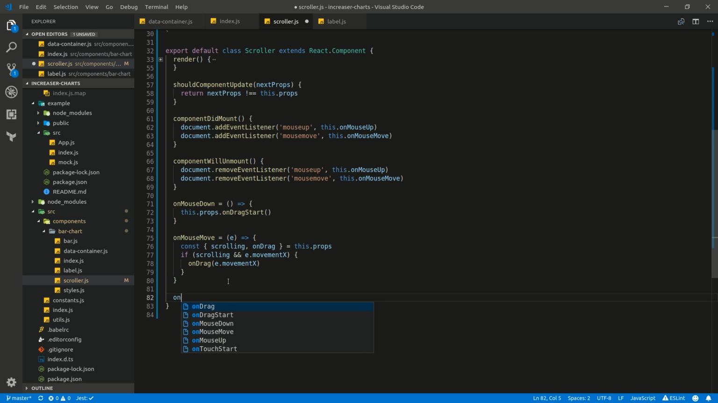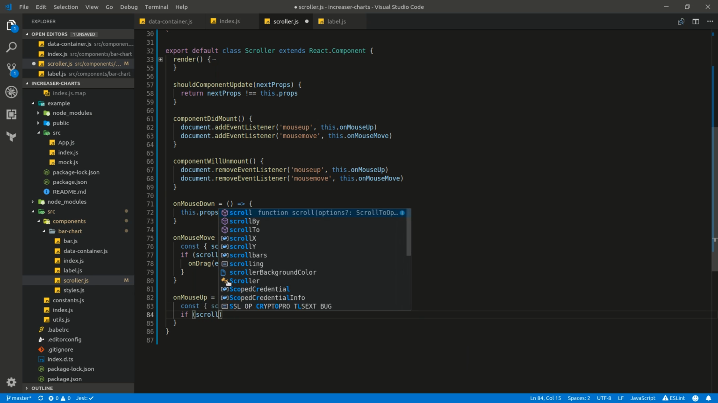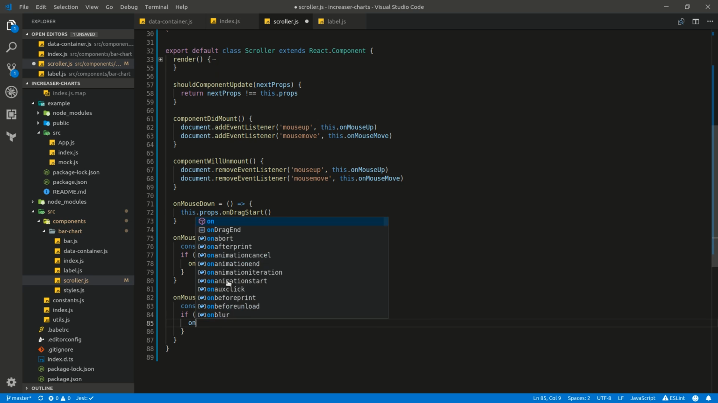And the final method, on mouse up. We are going to take scrolling and on drag from these props, and if scrolling and on drag,